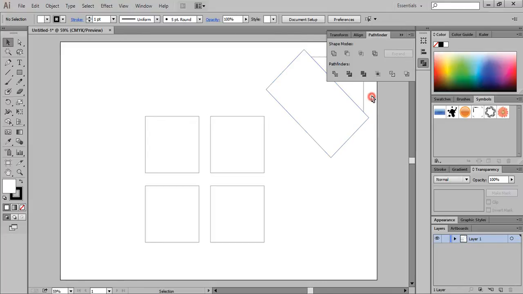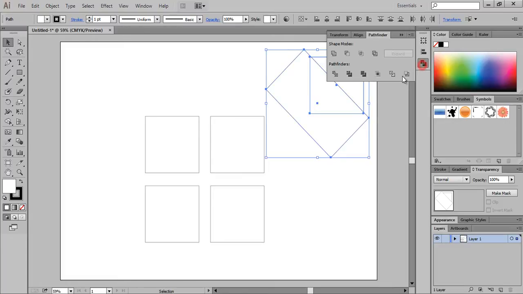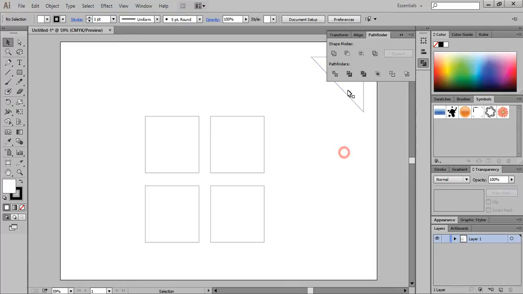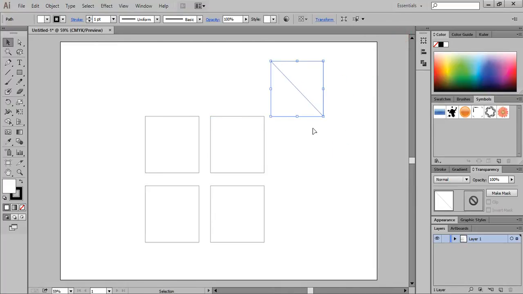In Pathfinder, firstly we have to select both shapes. Select them. Now click on this minus, and then you will get something like this. That's fine, and position it, and again make a new copy of this